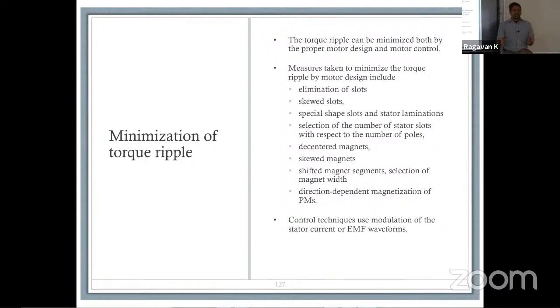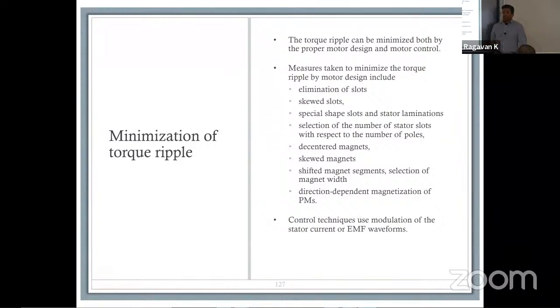You don't have to eliminate all of them, because that's, once again, my opinion. In some cases, you might see that the requirement is to remove all of them. In my mind, you are talking about the most dominant frequencies, and those are the ones you're trying to knock out. You can also have shifted magnet segments, in which, as you go along the axis, you stagger them a little bit, essentially creating the same idea as skewing.